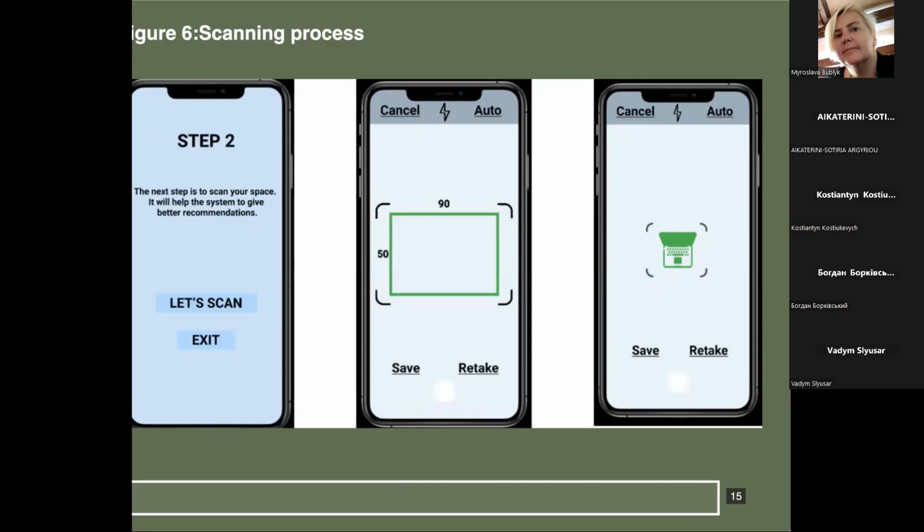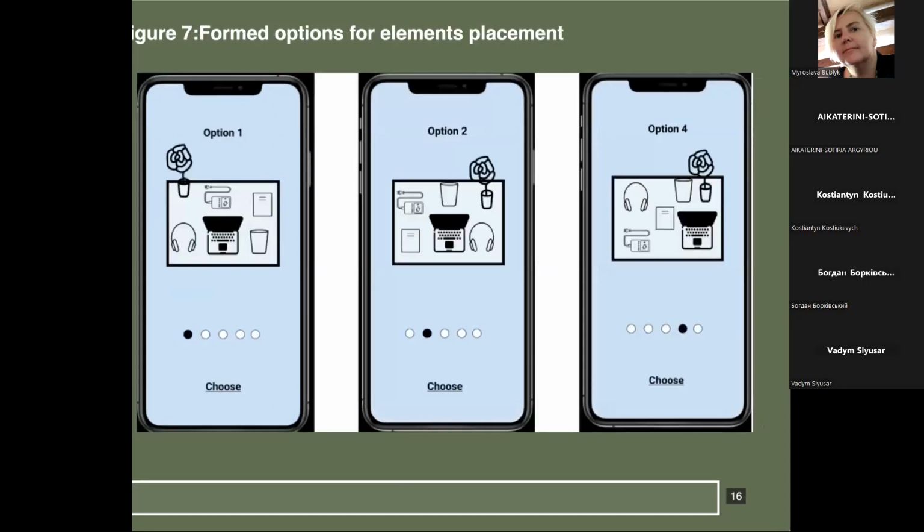After selecting the next button, the user goes to the third step, namely scanning objects. After scanning, there are two buttons: save, to save the item, and retake, to repeat the scan. This way, element by element scanning of all objects is carried out. Next, the entered data is processed. After all the data have been processed, the system displays possible options for placing